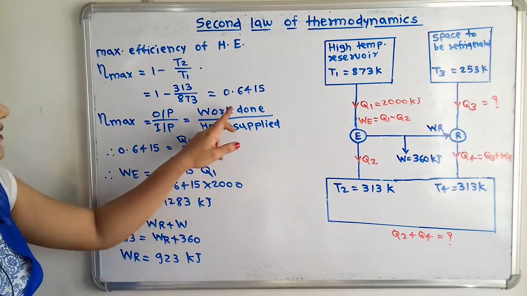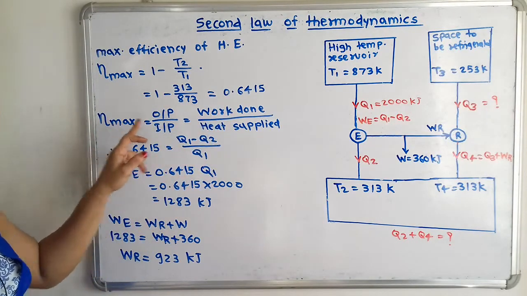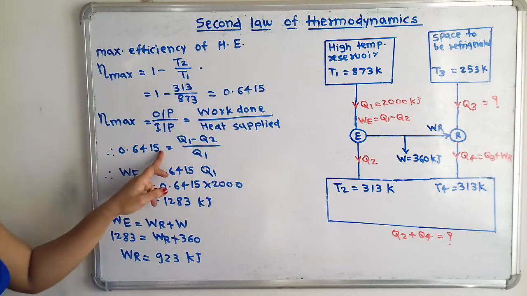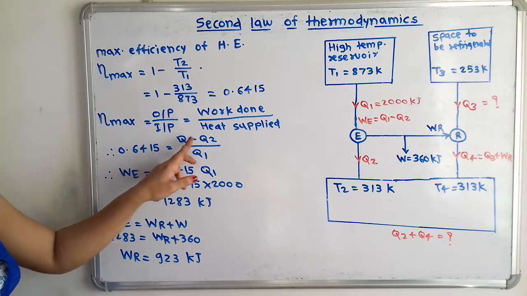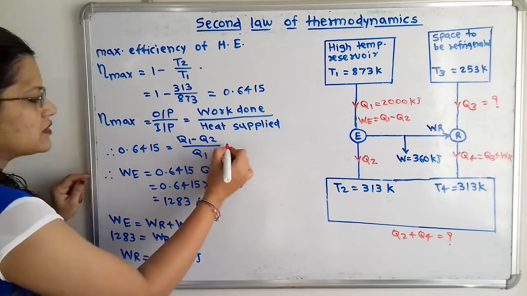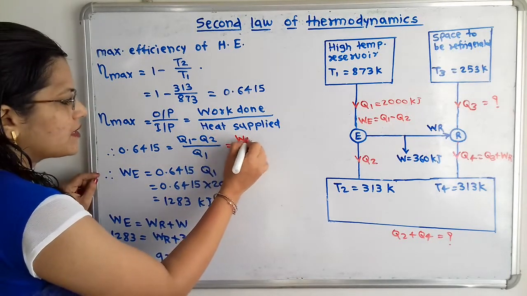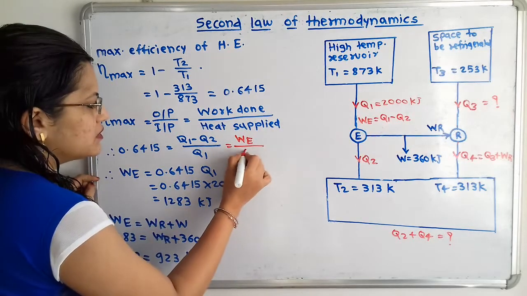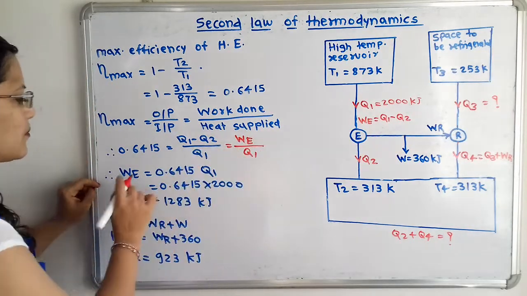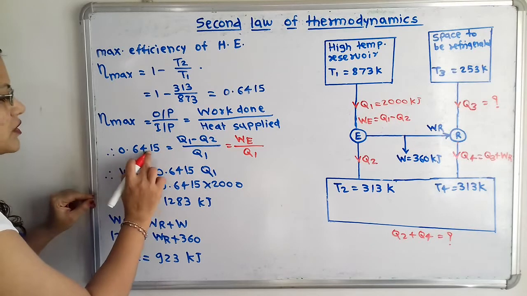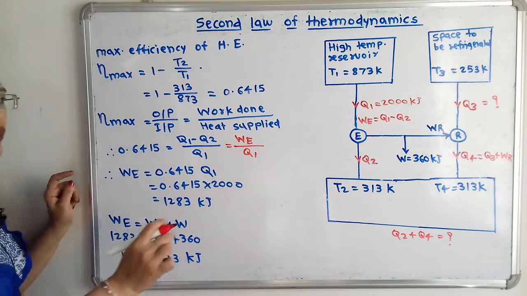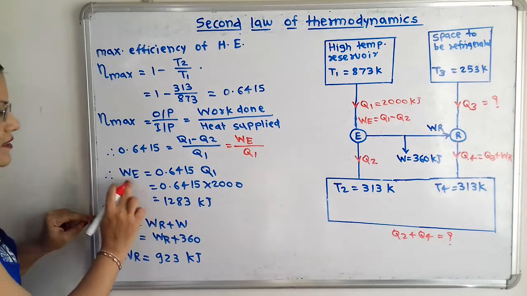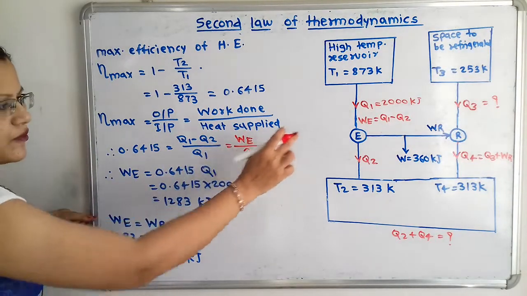So if we put the value of maximum efficiency, 0.6415 is equal to Q1 minus Q2 by Q1, which is equal to WE, the work output from the engine, divided by Q1. So what is this WE? That is 0.6415 multiplied by Q1, and Q1 is given, that is 2000 kilojoule. So the answer for the work output from the engine